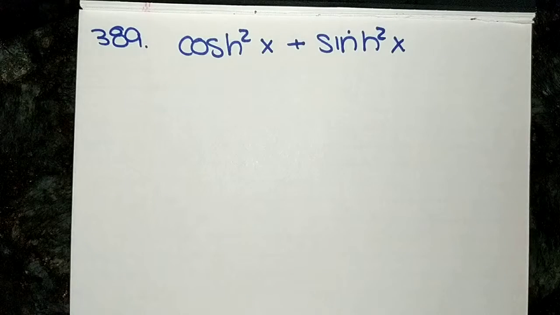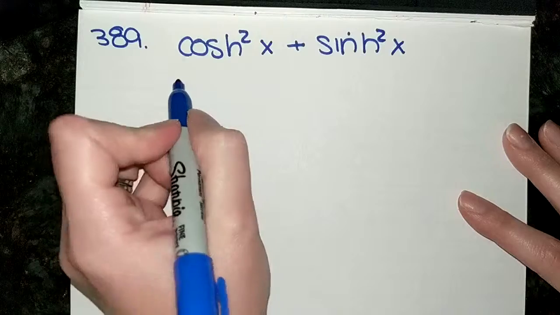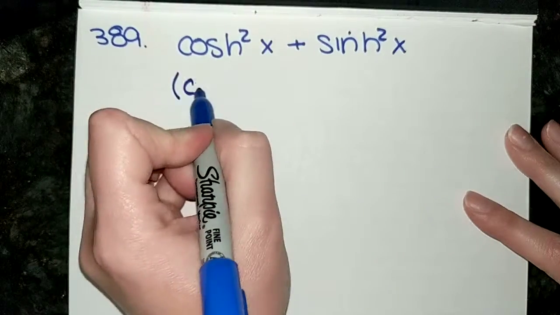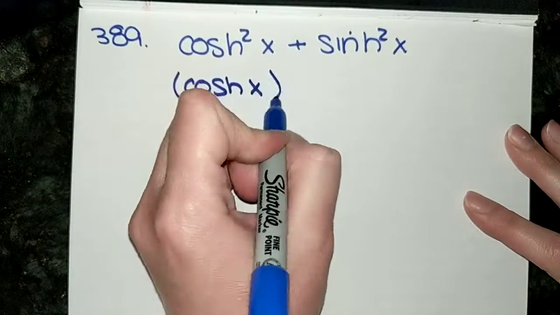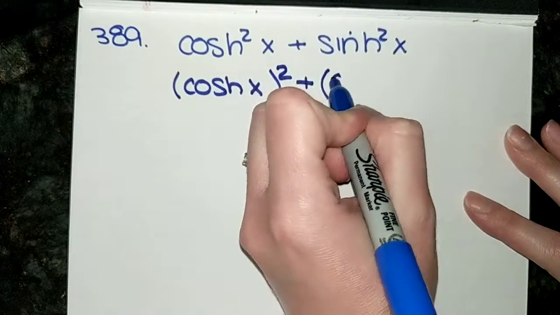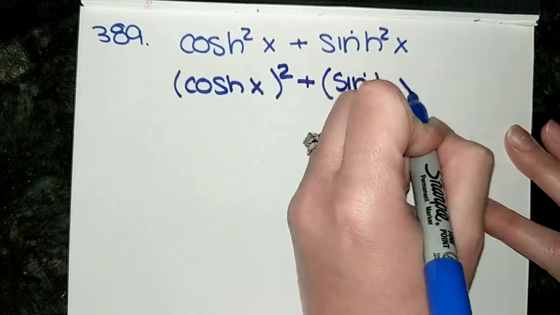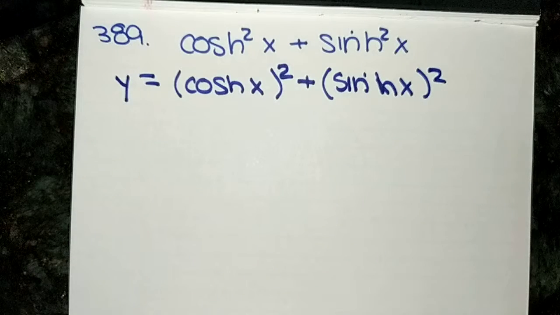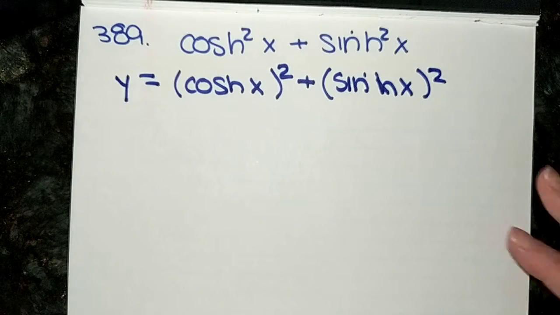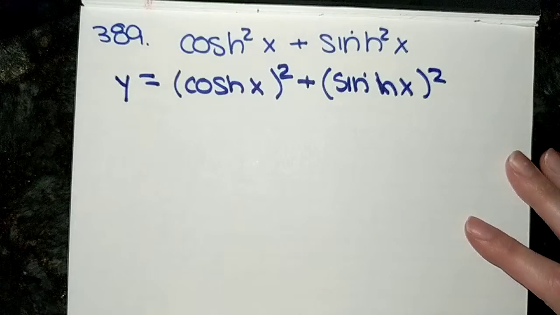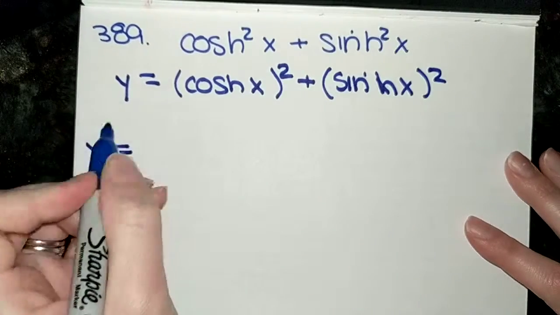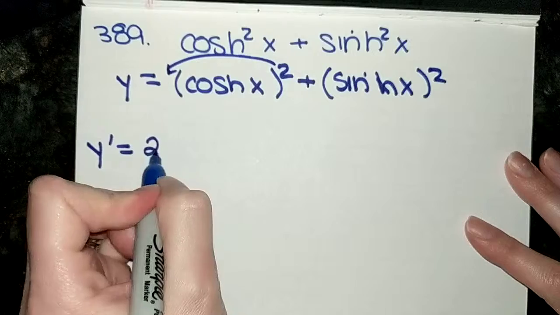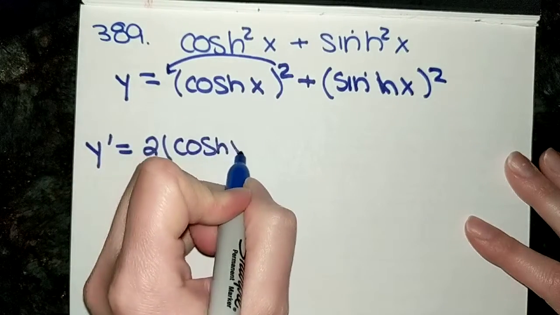So for this one, again, you want to think about the chain rule and the process that we talked about in Calc 1, where this trig power is really the same thing as hyperbolic cosine squared plus hyperbolic sine squared. Okay, so you rewrite that, and then once you rewrite it, that makes it clear that you do have to use the chain rule. So applying the chain rule here, we would bring down the 2, keep the inside, and